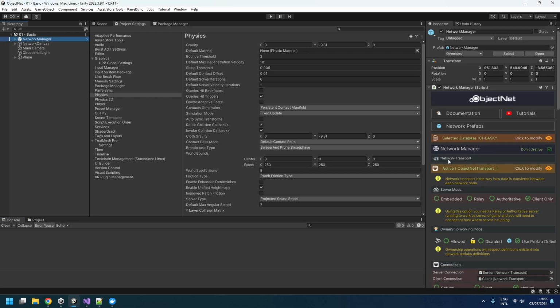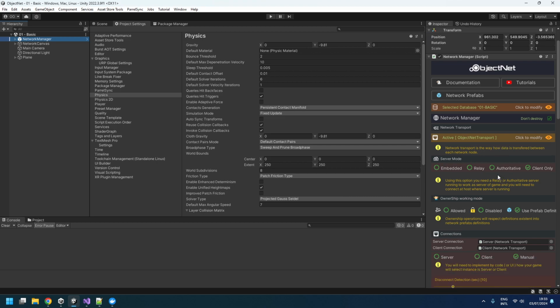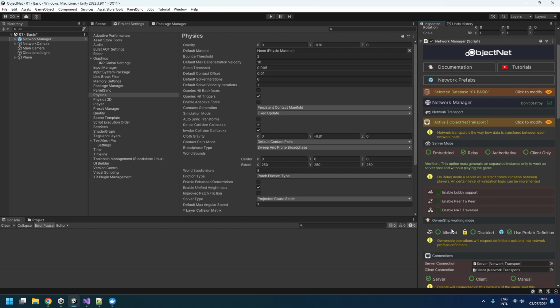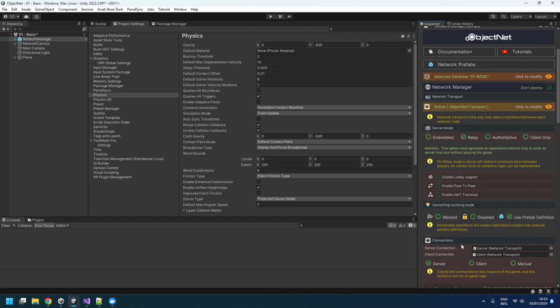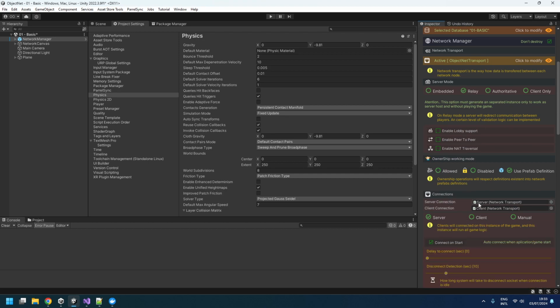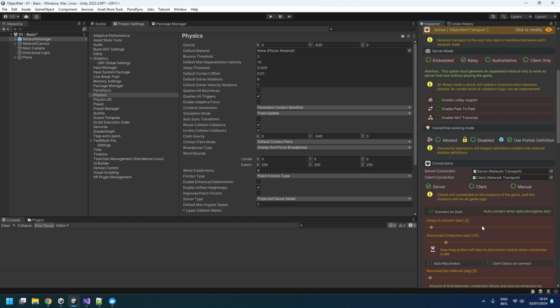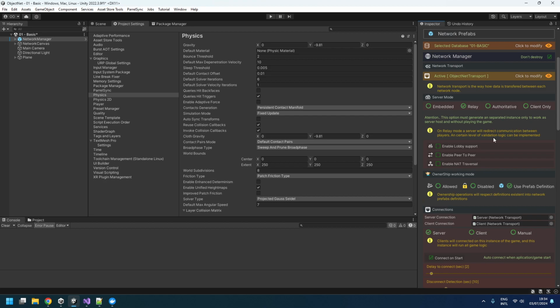First, I'm going to configure my server to work as a server, okay? And I'm going to put relay, okay? Server relay or authoritative or whatever, and connected start, to start the connection when my game starts. I'm going to put a delay of just 3 seconds, okay? And then I prepared my server to run on Docker. I'm going to save